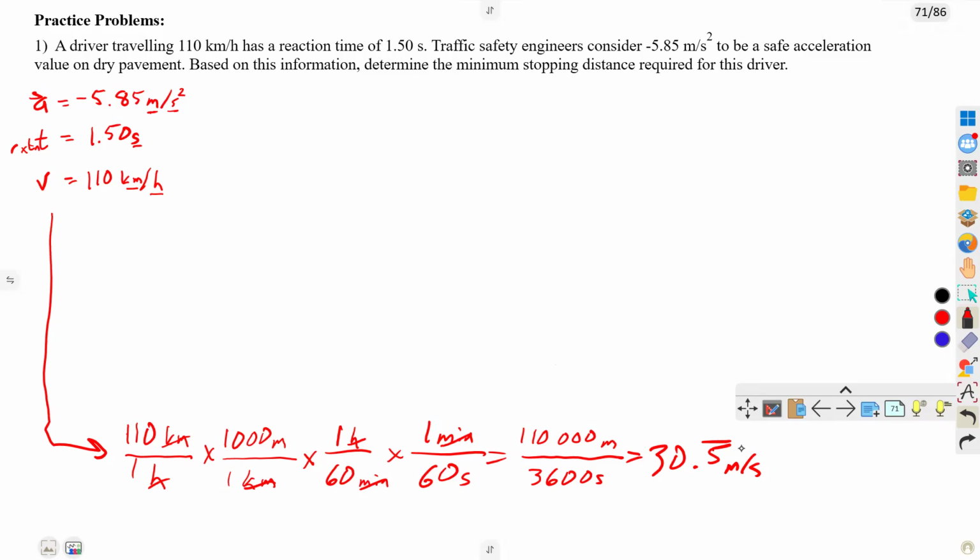You can use a rounded value when you're writing your steps down, but the reality is we want to use our unrounded value as much as possible. So if we wanted to convert that into three sig digs, it'd be 30.6 meters per second. But that is not what we necessarily want to use in our calculation. So 30.5 meters per second is what we're going to be using. Okay, so the stopping distance